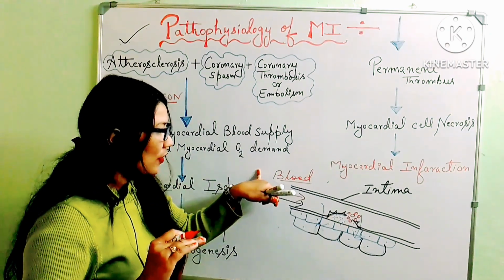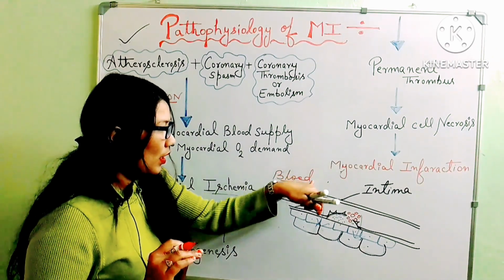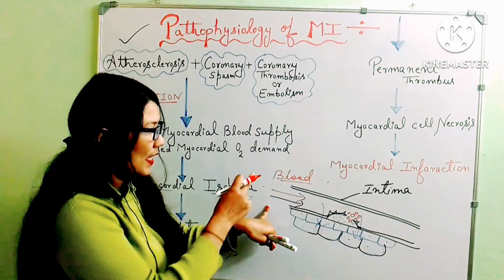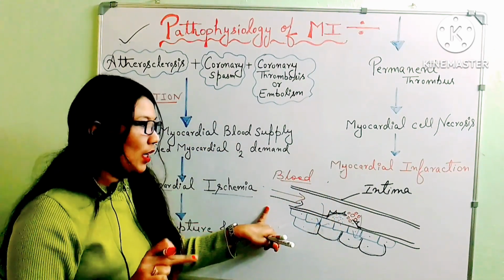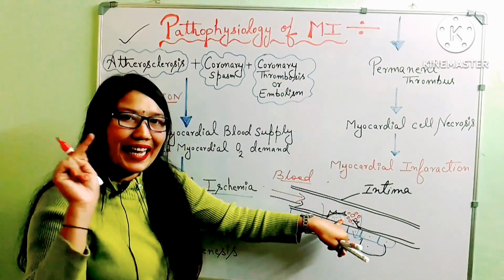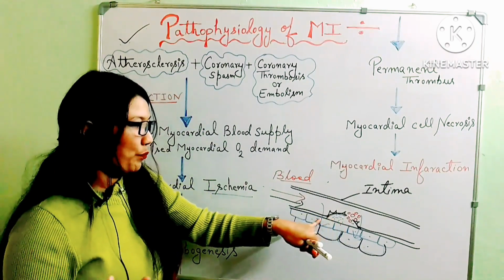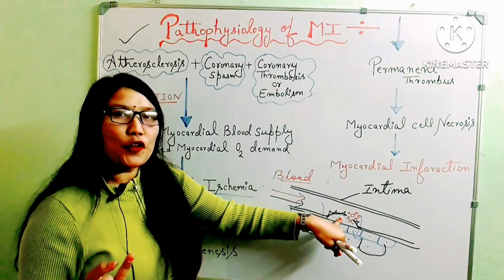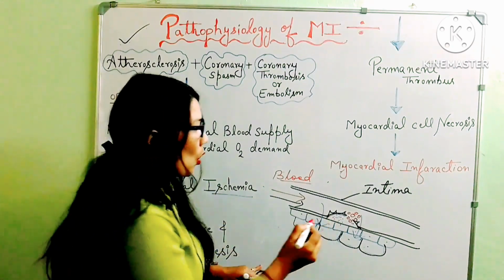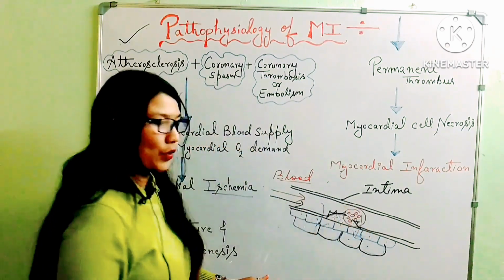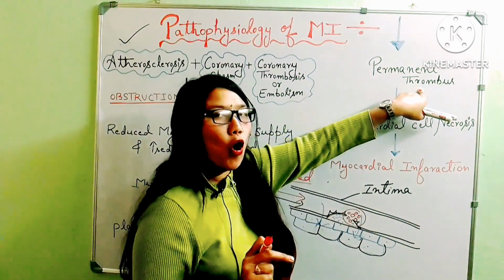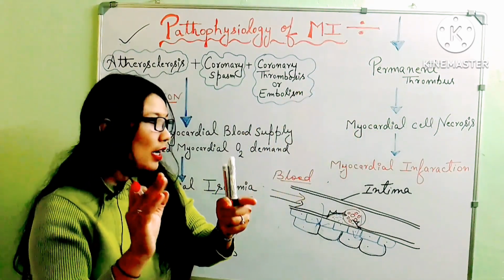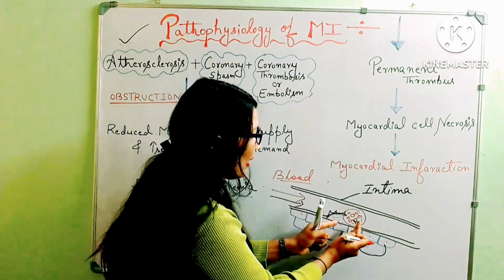The same process is happening here: the platelets which are present in the blood are aggregating here, they are doing adhesion here. So there are two processes happening, one is adhesion and the other one is aggregation. So the adhesion and aggregation process will happen there, and it will form a thrombus, a blood clot. A permanent thrombus will form here. So now the pathway of the blood is completely obstructed.